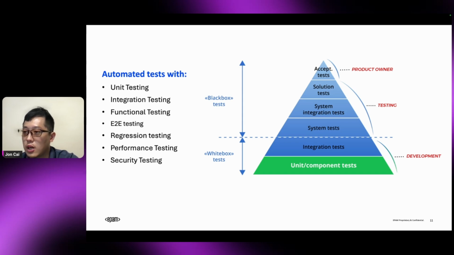The most common automated tests are unit tests, integration testing, and end-to-end testing. They aim to test the application from different layers, ensuring that the output and behavior of the software match our expectations. And there are also some other types of testing, like regression testing, which ensures